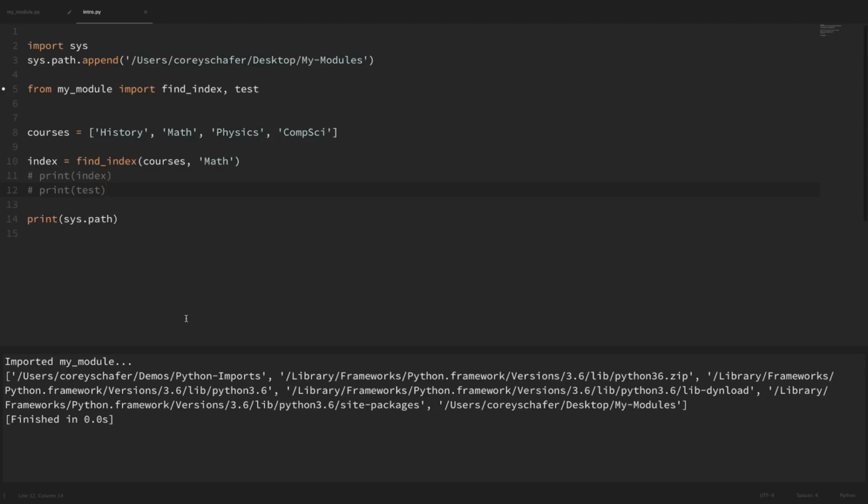Now, after the directories in the Python path environment variable that we just looked at, sys.path looks at the standard library directories. Now, this is what allows us to import modules directly from the standard library. So when something is part of the standard library, it means that we're able to use it without installing anything separately. So the standard library is incredibly useful because if you're performing a common task, then most likely someone has already written the functionality. And if we use it from the standard library, then we can be sure that it's been written by some of the best programmers in the world and has been optimized to be as performant as